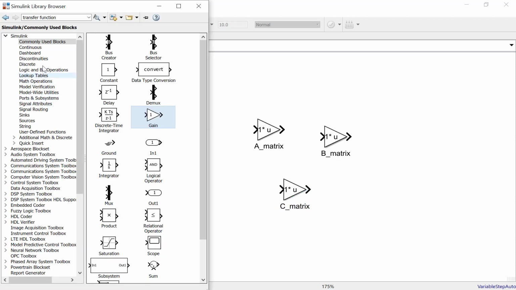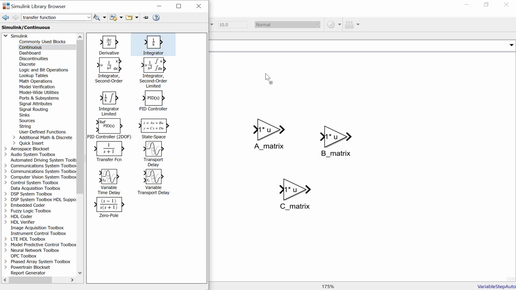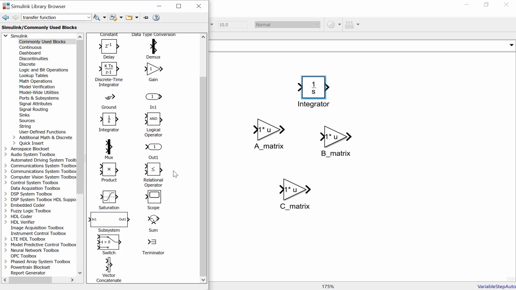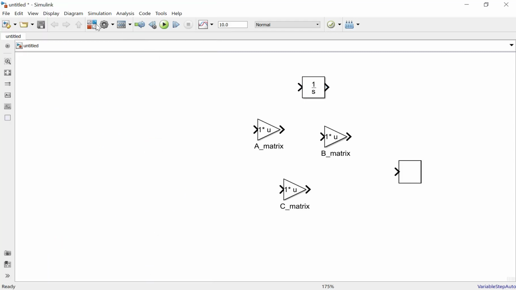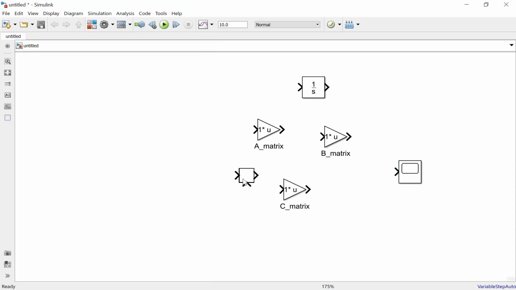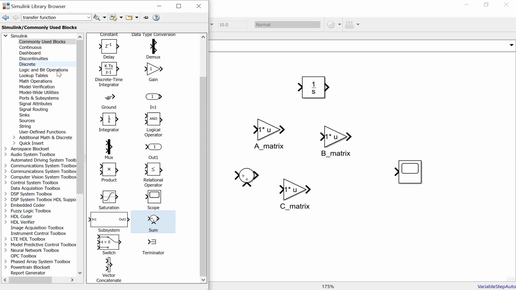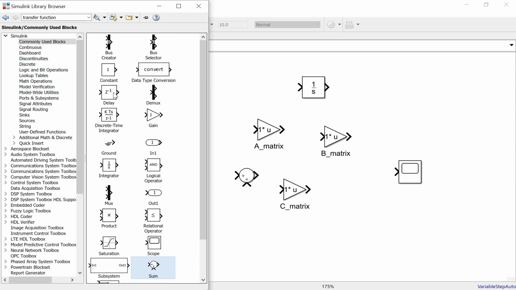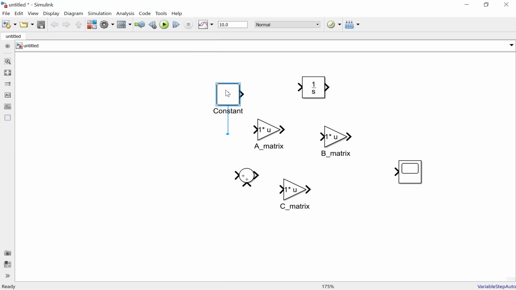After that, we need to add the integrator here, and then we need to add the scope, and also we need to add the sum block here, and then we need to add the constant. The constant is for the set point or the reference. So we need to copy the sum block here for the input.